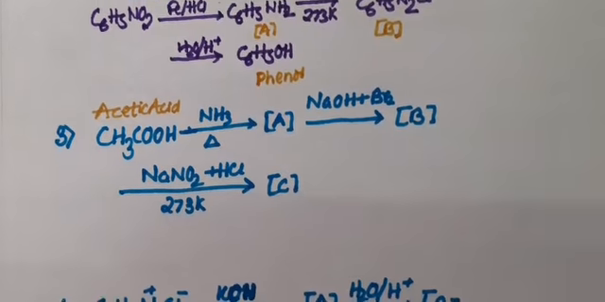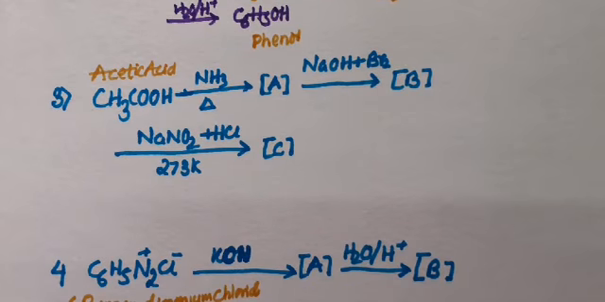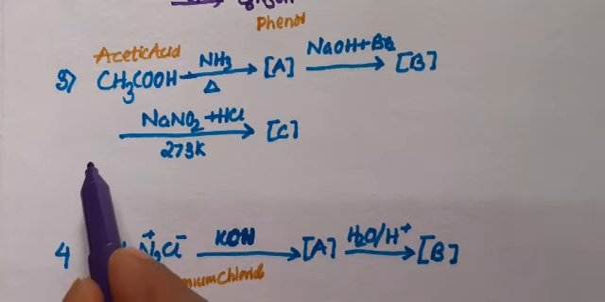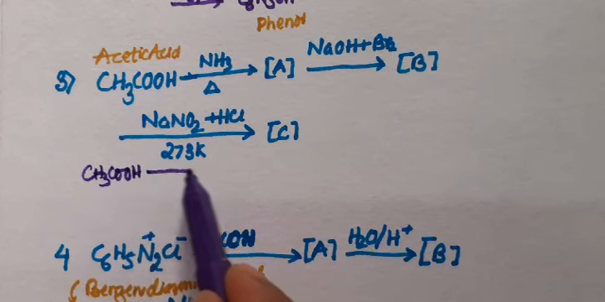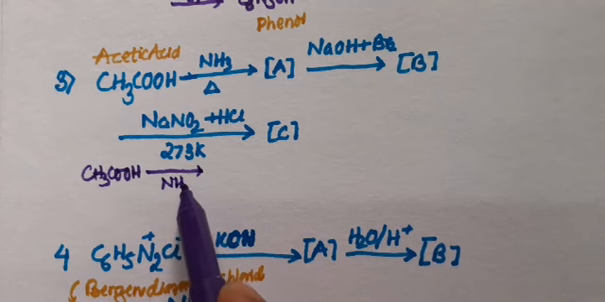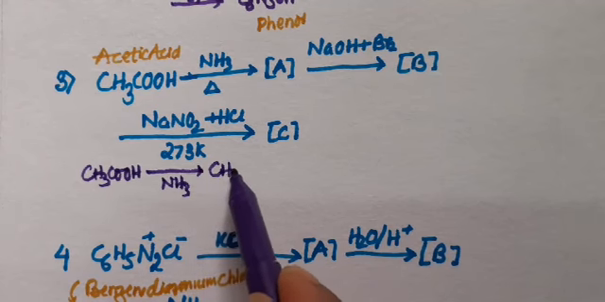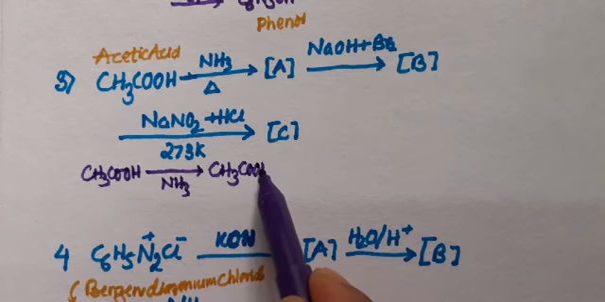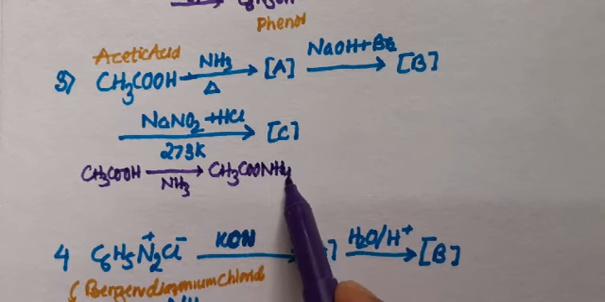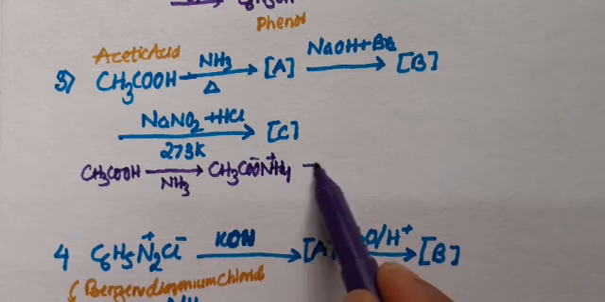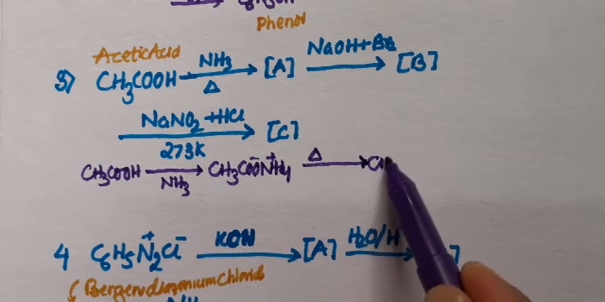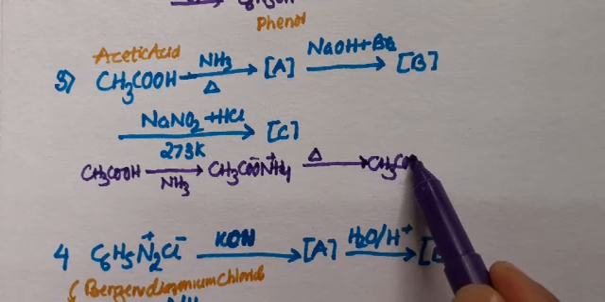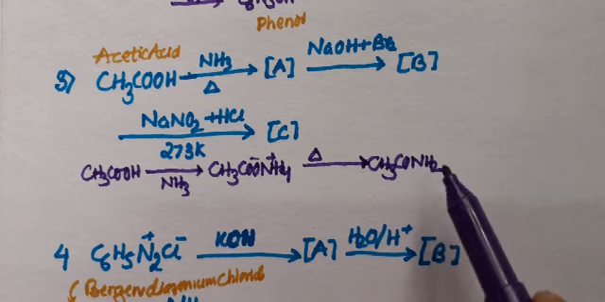Let's solve another question. Here we can see that acetic acid reacts with ammonia. First of all, we write the reaction. CH3COOH interacts with ammonia. It will form CH3COONH4, this is ammonium acetate, and on heating it is converted into CH3CONH2, acetamide,